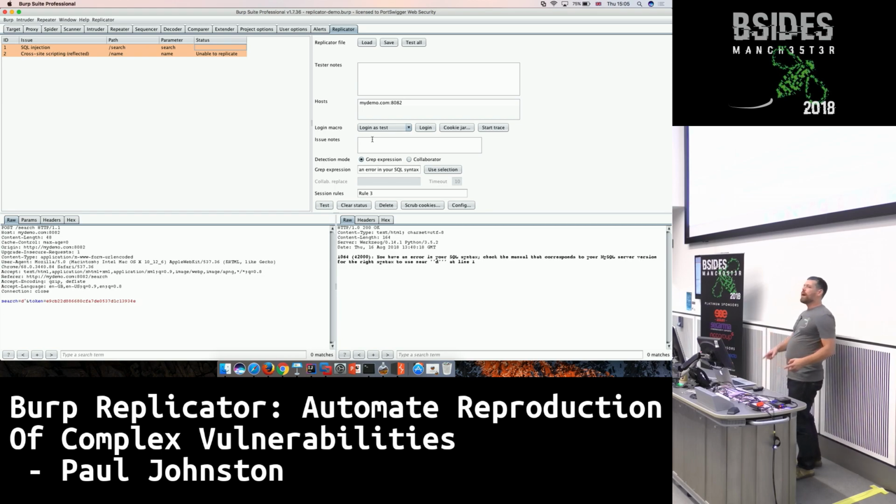So now this is reliably reproducible. Even if all those session IDs have expired, the macro will run, create fresh session IDs, and